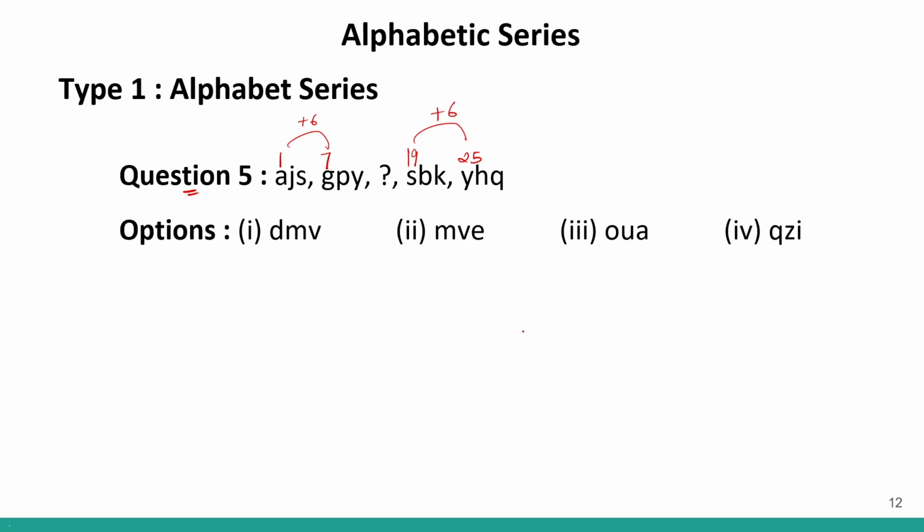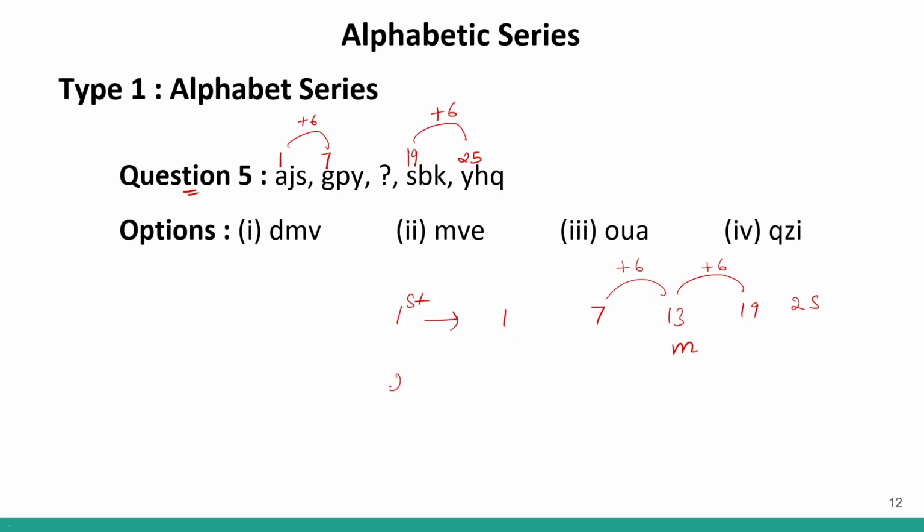So now if I do plus 6, we have 1, 7, 19 and 25. These are for the first letter. So this is plus 6, so next will be plus 6. So I'll get 13, and 13 plus 6 will give me 19. So at 13th position, the alphabet that we have is M. So I will get m over here, small one, because this is given in small. It does not make a difference whether the alphabet is in caps lock or in small. Even if it is in capital letters, it will follow the same logic, and even if it is in small letters, it will follow the same logic. So that does not make a difference.